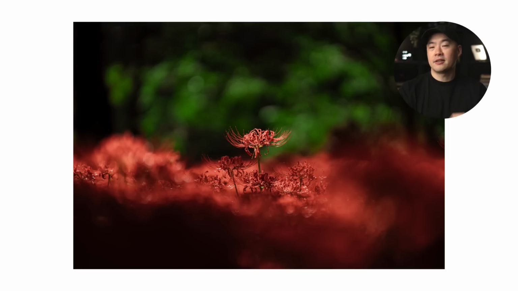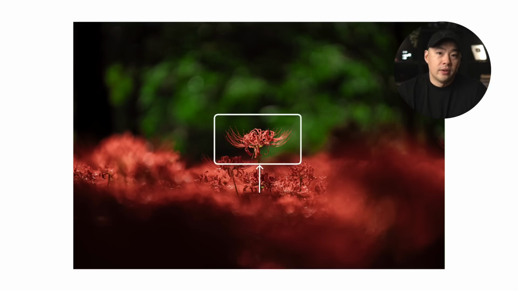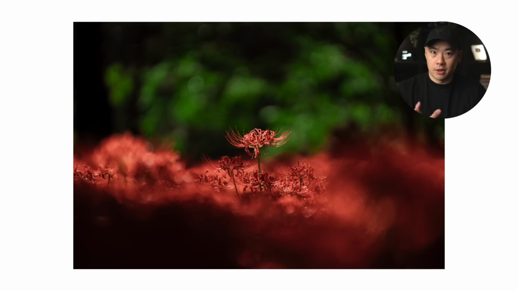Here's another example, a shot of a spider lily using a very classic green and red complementary color scheme. In this example, I focused a lot on positioning myself physically to get the spider lily to rise up and sit on the green background. Yes, it pops because of the positioning and the highlight on it, but it also pops because it's on a green background. Now, if I were to edit this and change the green to a similar color to the red in the foreground,